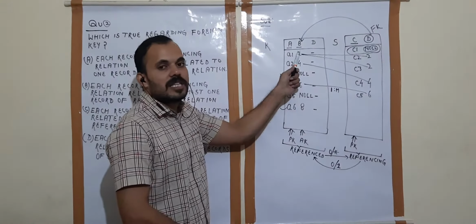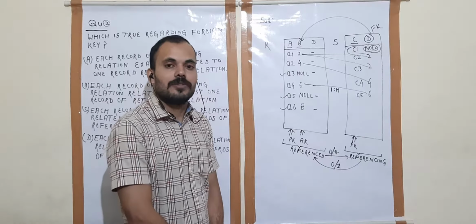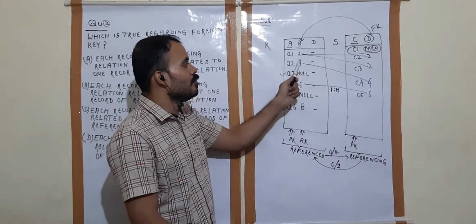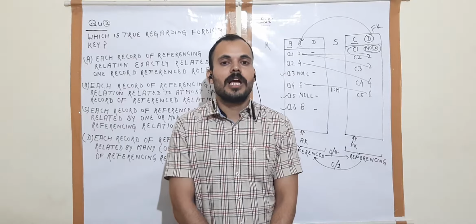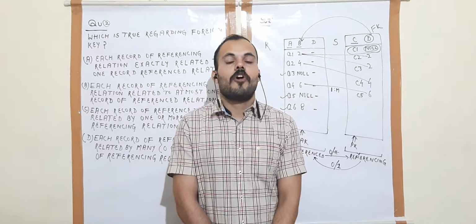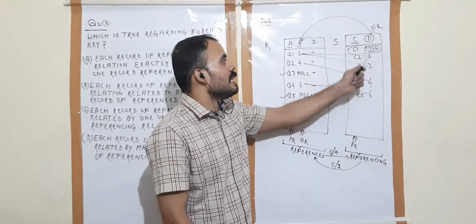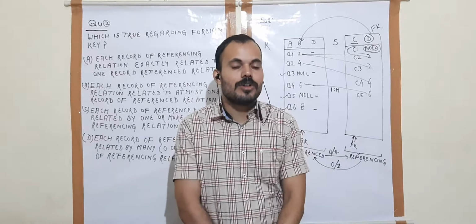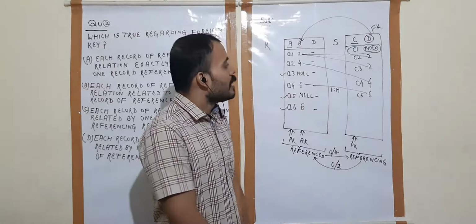See here, B is the alternative key, and in the alternative key null values are allowed. So here we have null, 2, 4, null, 6, null and 8. D is the non-key. And we have also studied that in a foreign key null values are allowed. See here, D is the foreign key and here is a null. Keep these things in mind: in a foreign key null values are allowed.